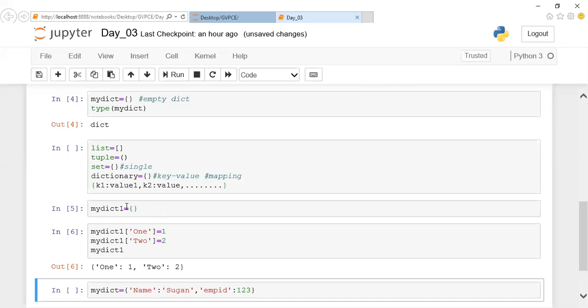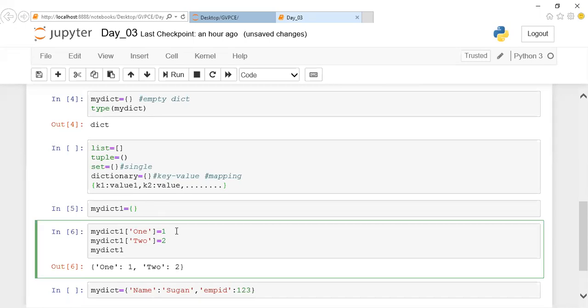If this is an empty dictionary and you want to insert a value for the dictionary, you can pass it like this. As I told you, whenever it's a dictionary, I'll have a key value pair. Here ONE1 is taken as a key, which is a string, and your value here is number 1. So whenever I want to initialize this data, I can initialize like this. If there is an empty dictionary and you want to insert a value to it, I can initialize like this.